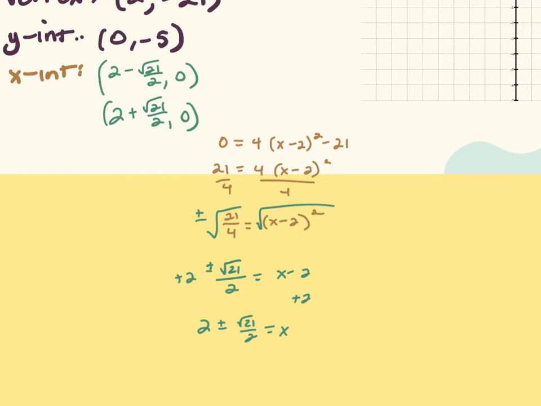So if I'm given that as an answer, I'm going to keep it exactly as it is. I want the answers exact. Your answers will have square roots in them for your x-intercepts. Don't freak out, okay? But to graph this, I need to figure out what that is. So I'm going to do 2 minus the square root of 21